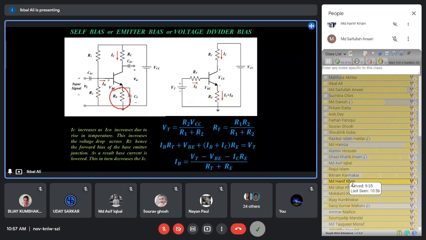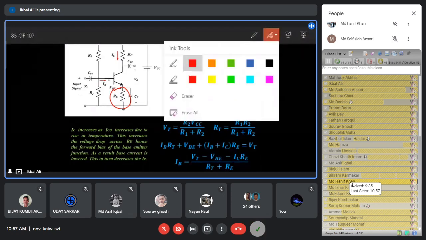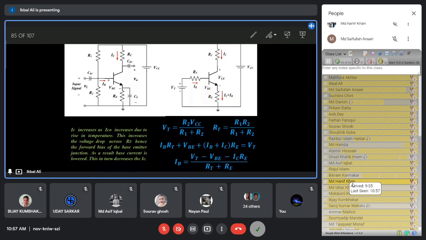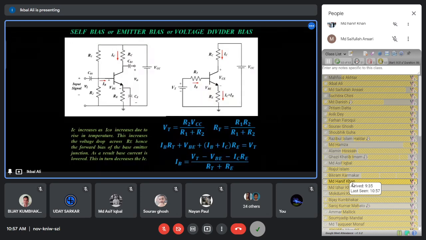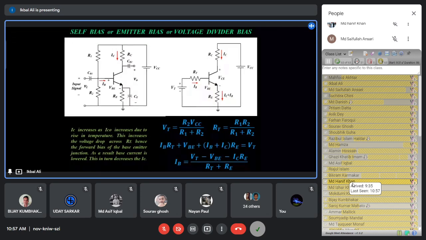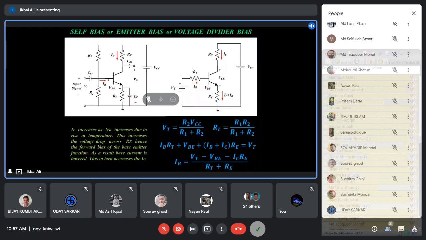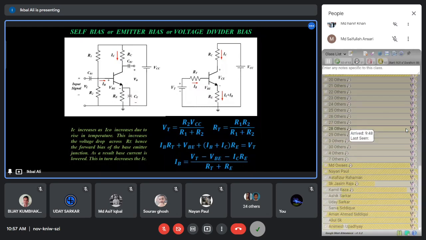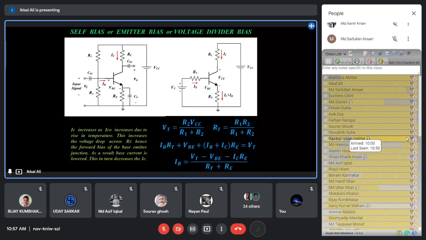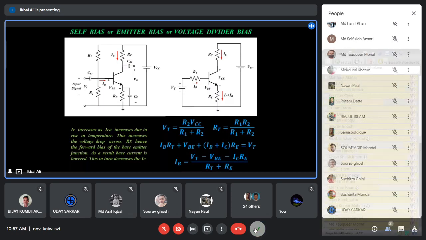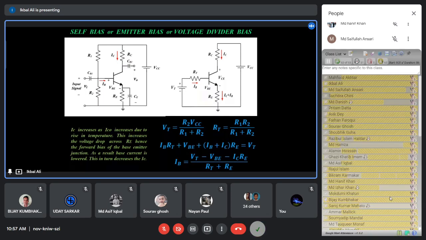Now we will analyze this circuit. To analyze this circuit, we have to simplify it a little bit. We will apply a theorem here that is called the Thevenin theorem. I hope that you know what the Thevenin theorem is. You have applied and learned it in the electrical circuit theory class. So we will apply Thevenin's theorem to the circuit to simplify it further.